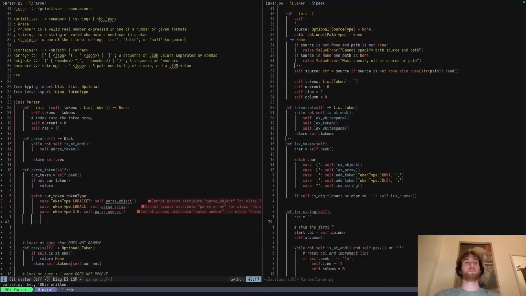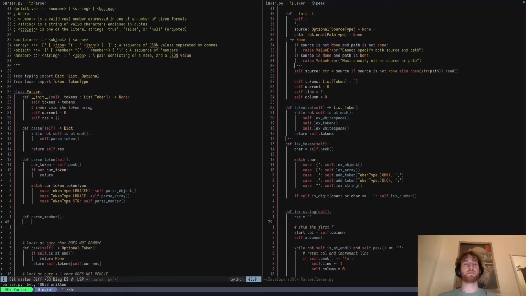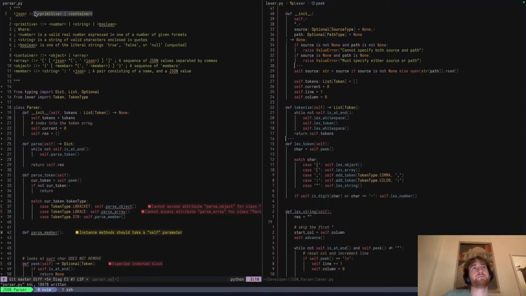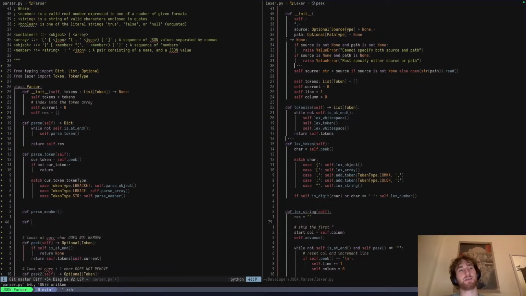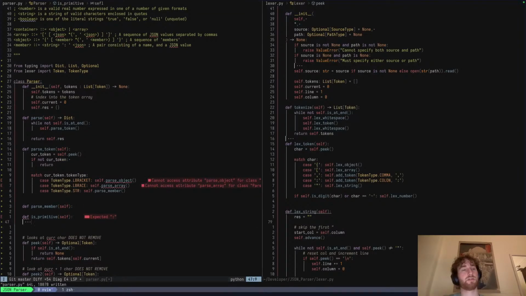Think so? So let me put out a skeleton for what parse member might look like. So member expects a JSON element, which is either a primitive or a container. So maybe I make a method called like is primitive. And then just return